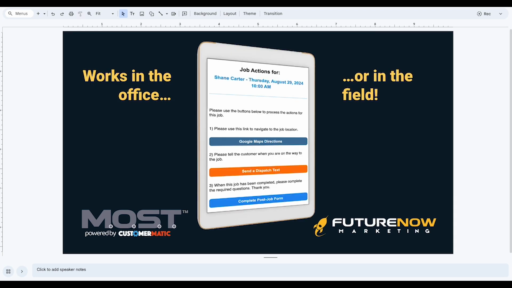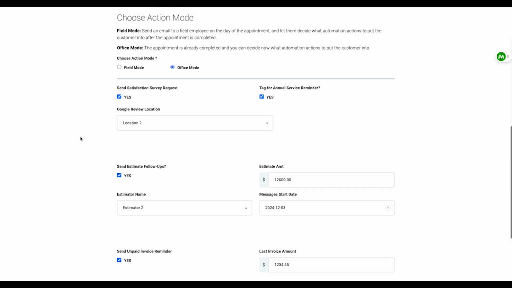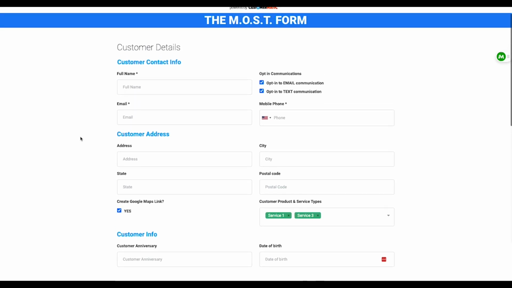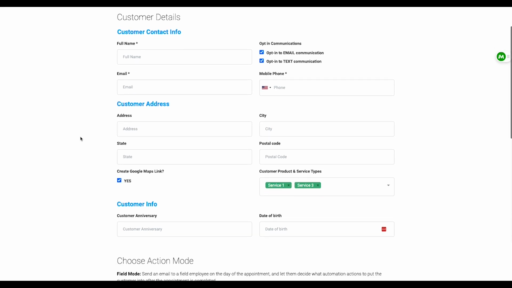And then, that's it. So that's up to 30 different automations that automatically that customer is eligible for, depending on your choices, all with submitting this one form and making a few choices. This form, generally, when people are cranking through it, I've seen people in the office fill out this form in less than 45 seconds, and it saves, get this, it saves,